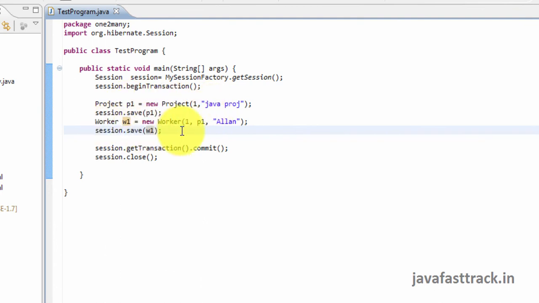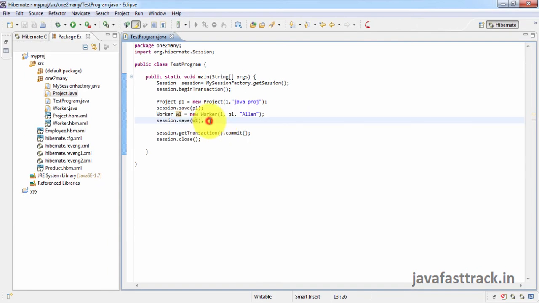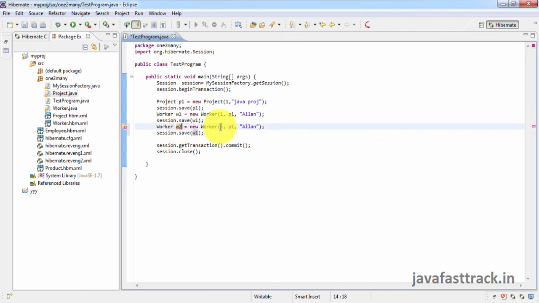I'm inserting project data. I'm inserting worker data. Worker 1 is working on project 1. I create another worker also. Now I run the program and look at the generated SQL.